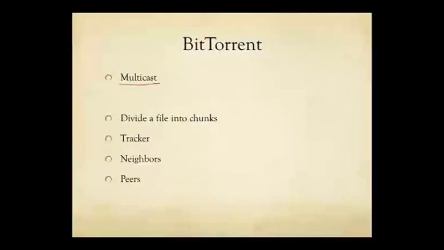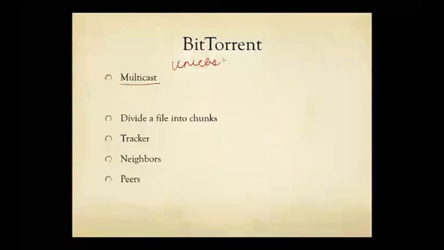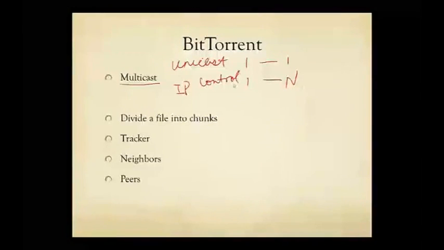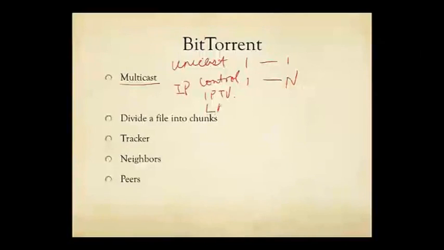But as you can see, the main idea behind BitTorrent is that often you need to do multicast. So far, our attention has been unicast, meaning one source to one destination. Multicast is one source to n destinations. Now, you may have heard of doing multicast in the IP layer, in the network layer, but except for certain control channels, except for IPTV that we talk about in lecture 18, and except for local area networks, LANs, there are 3 main kinds of exceptions, you do not see IP multicast really widely adopted.